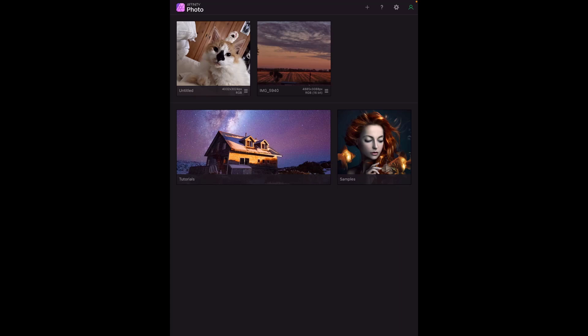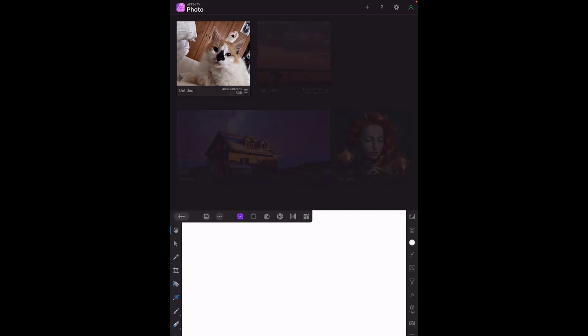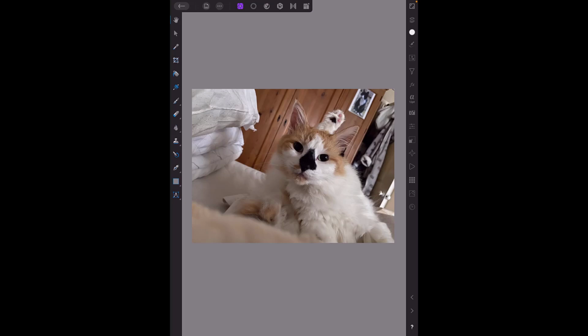Now in part 2A I looked mainly at the home page, which is the screen that we are now looking at. I now want to look at the interface when we start to actually edit images and make images. So let's just open up an image. I'll tap on this image of our cat, and